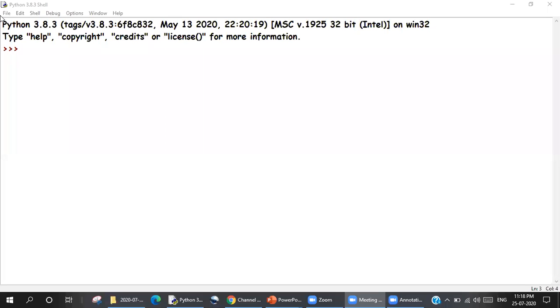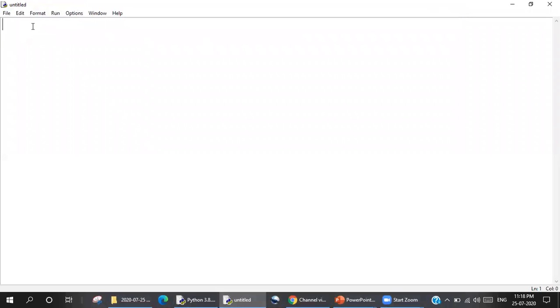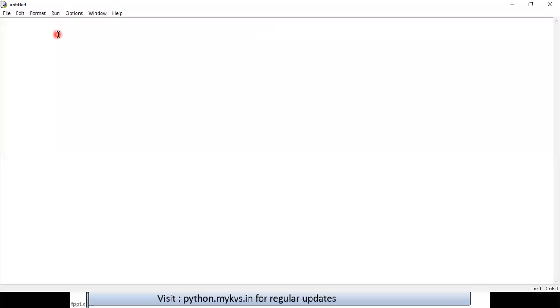We go to the script mode and we are going to learn elif. Okay, this is an elif code. Now let's take the same program first so that I can explain exactly what I'm trying to explain.